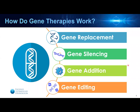So in fact, researchers and clinicians are exploring a multitude of approaches when it comes to gene therapy. So I'm going to quickly overview the many ways in which this can work. The first category here is gene replacement. And here the goal is to replace a non-working mutant gene with a healthy gene. And this can make sense to do for genetically driven pathologies where there's a loss of function, such as Duchenne muscular dystrophy, which is caused by a genetic mutation that prevents the body from producing dystrophin, a protein that muscles